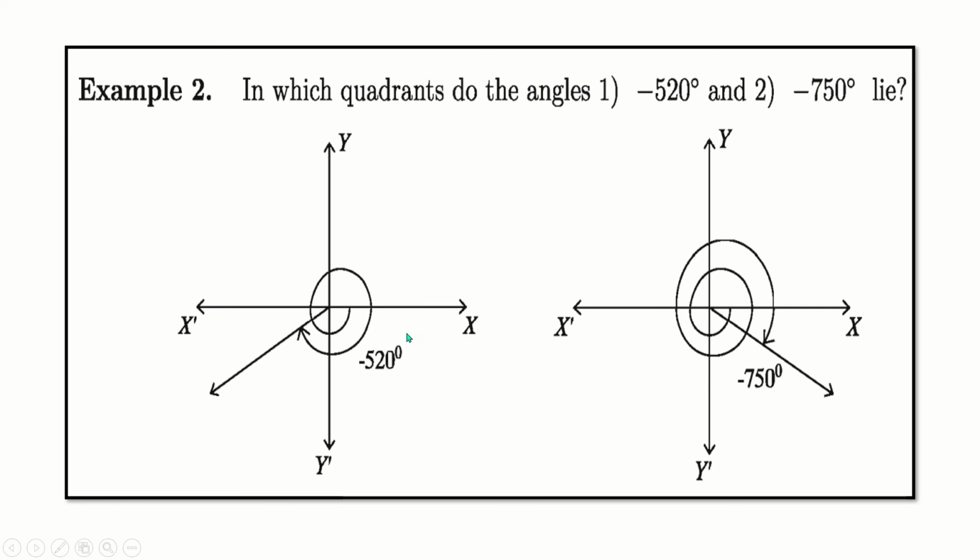Okay, again follow, as there was 5 into 90 degrees, so 1 2 3 4 5 minus 70 degree. That means that also passes this quadrant. That means minus 520 degree lies in this quadrant. This quadrant means first, second, third. Clear? Similarly here also the same condition. Okay, here also the same. Again follow.